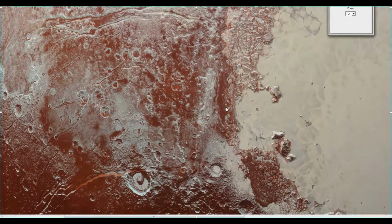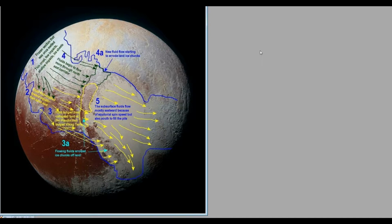There's visual evidence to suggest that this is the pattern of flow that's occurring on Pluto. I can go into more detail on this later, but for now I'm just going to suggest that the nitrogen fluid that's under the surface of the bedrock ice is flowing in this direction under Viking Terra, creating this pressurized zone and flowing out through the eastern edge of the bedrock ice into Sputnik Planitia, creating this broiling area here. It's also flowing in a southerly direction, creating pressures down in this